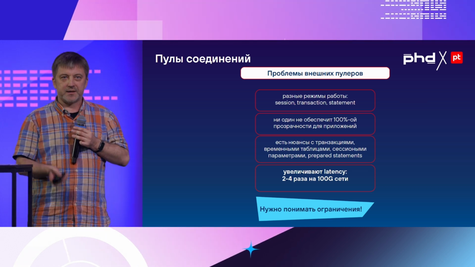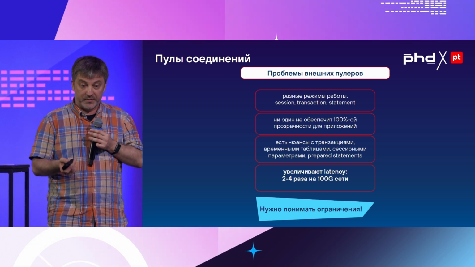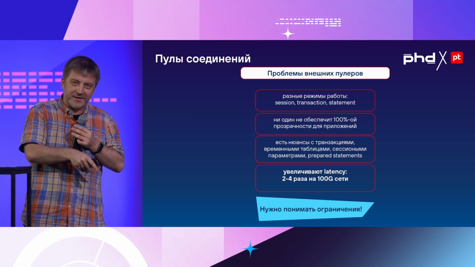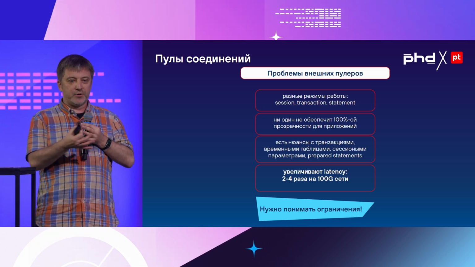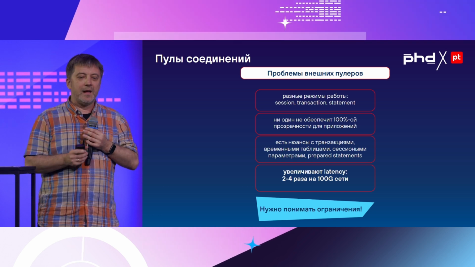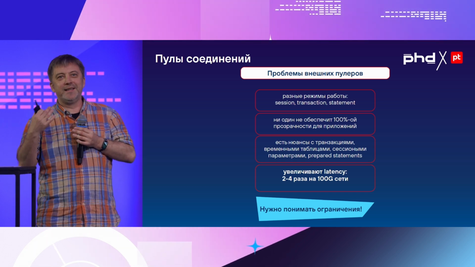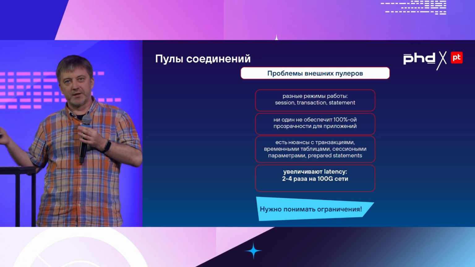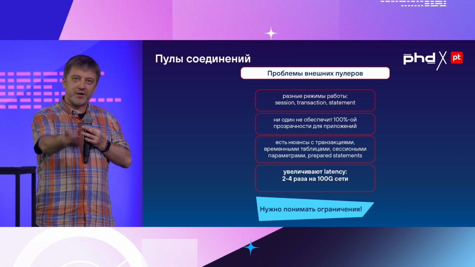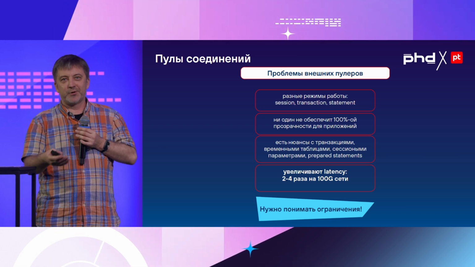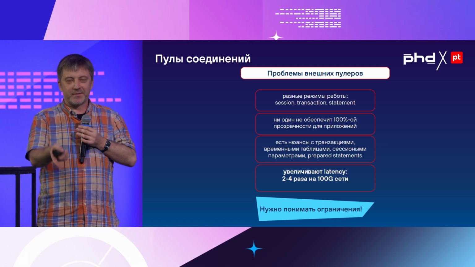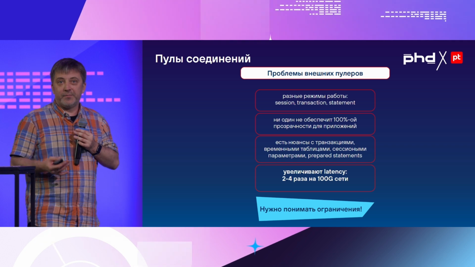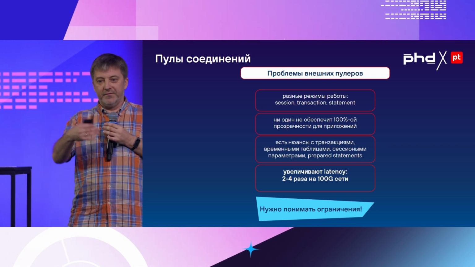There's a certain state in any connection. Firstly, open transactions, prepared statements. There are session parameters. And if the pool is implemented within the database, just like in MySQL, there's no problem understanding which connection has which state. And if it's all implemented outside, you need to somehow make sure that the switching between the input and output connections is done in a proper way, so that this connection state is passed correctly. So it's a non-trivial task that requires a lot of resources.